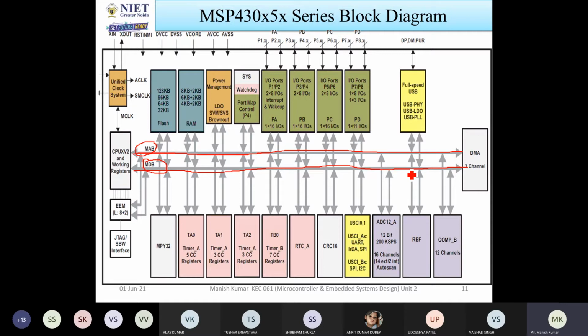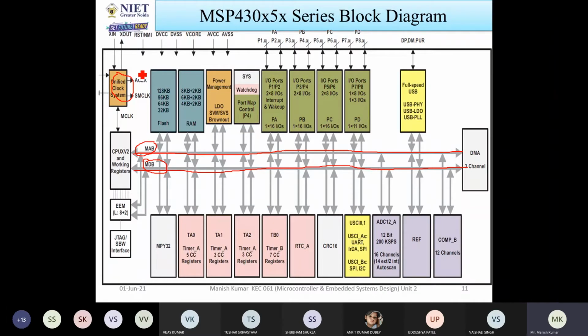Now you can see what is the use of these different blocks, one by one. First I will discuss the first one, the unified clock system. In general, in the microcontrollers you studied, only one clock is available.